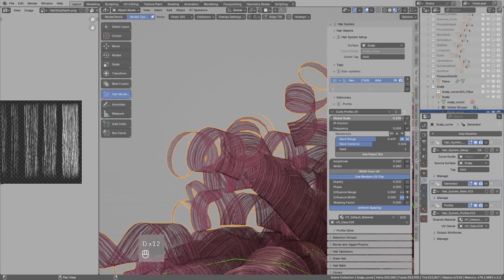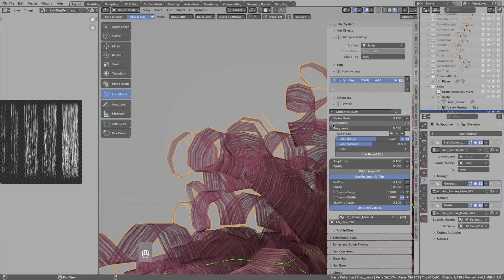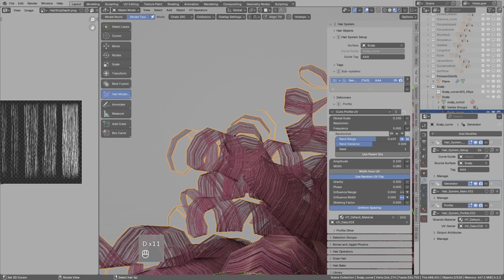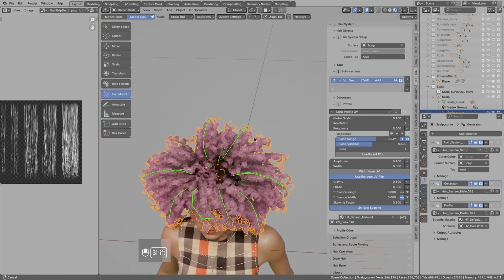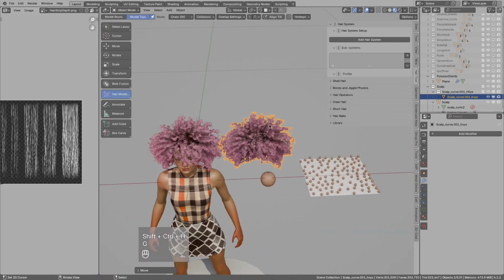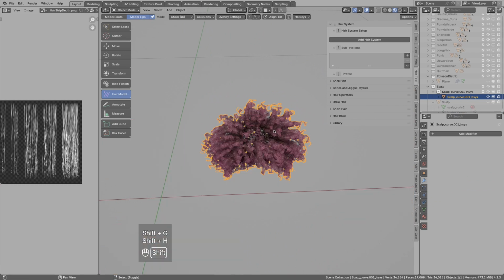I could try to reduce the resolution in the curls. And if I set resolution to 1, we basically got square curls. So maybe let's bump this to 2. And now if I use the finalize, let's see the poly count.